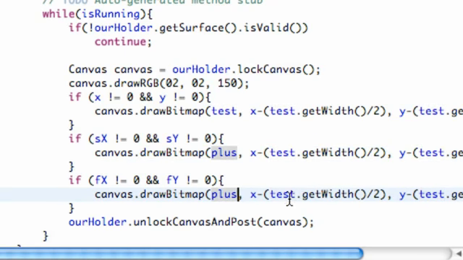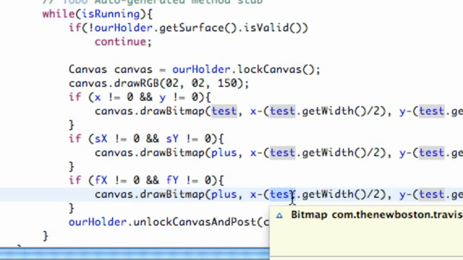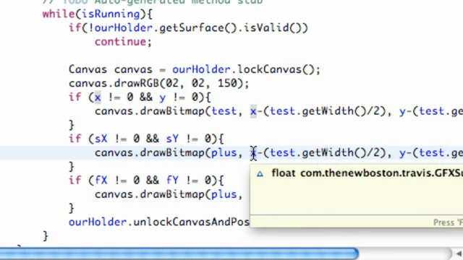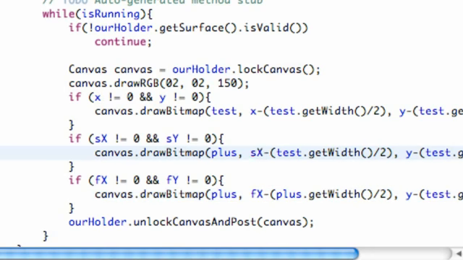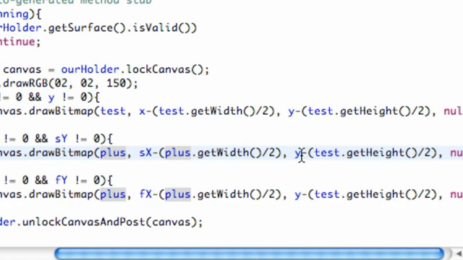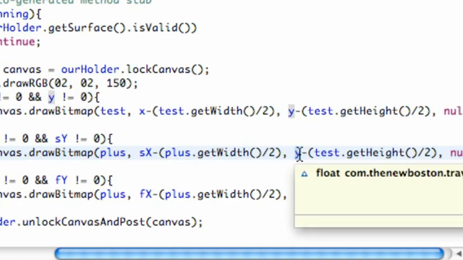Instead of our test, we're going to do our plus bitmap that we set up at the beginning of the tutorial for both of these. And again, what we're going to do is we can still use this kind of equation where we take half of the width and subtract that from our final x. So it's kind of placed right in the center as well. This will be our starting x for this one, and again our plus bitmap, we're going to get half of the width, even though both of our plus and our test are both 75 pixels by 75 pixels,